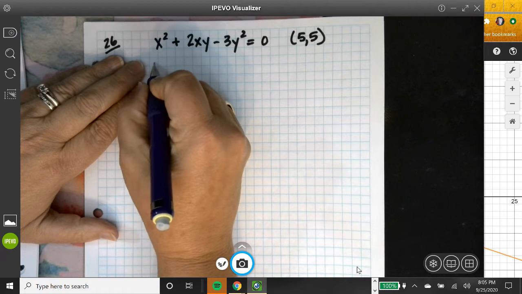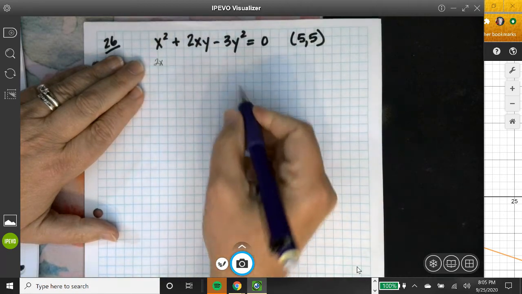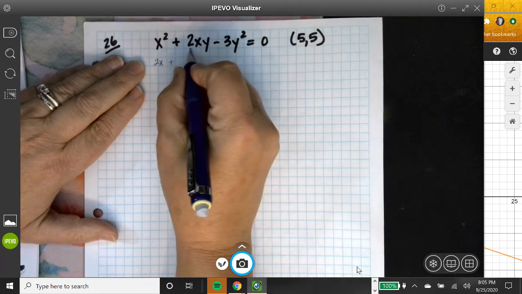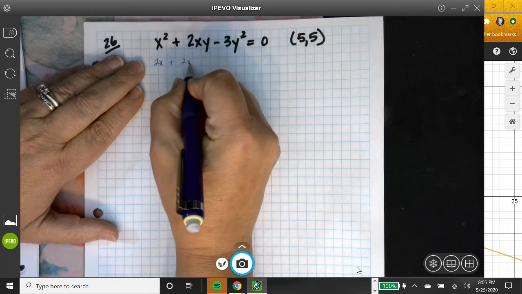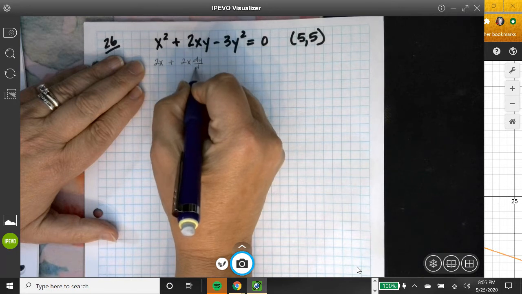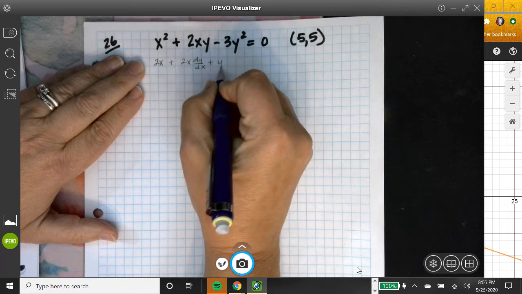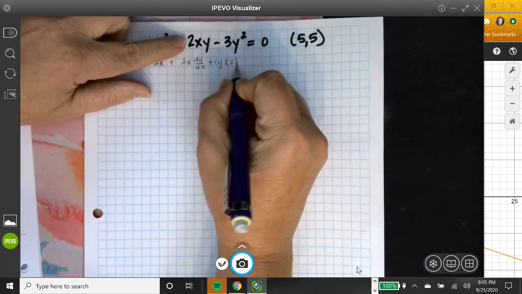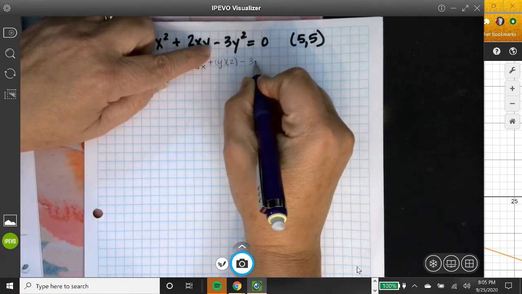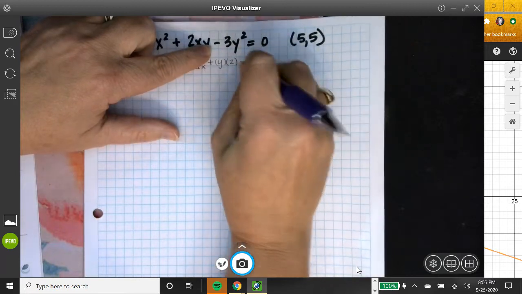implicitly, I'm going to take the derivative of x squared, that's 2x, plus I'm going to use the product rule here where 2x is my first and y is my second. So it will be first times derivative of second, so 2x dy dx, plus second, which is y, times the derivative of the first, 2x, which is 2, minus 6y